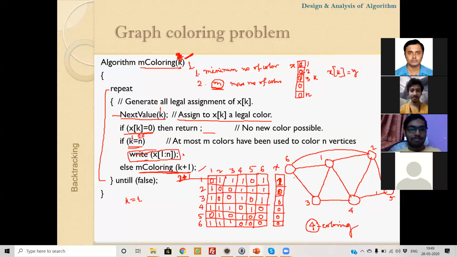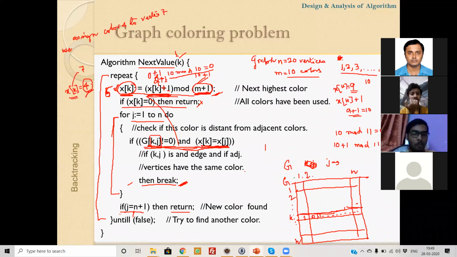If this value is 0 and the current value of xk equals 1, these two are not equal, so we will check the other adjacent vertices. This value will remain the same. If these values are not equal, it will not break; it will go to the next iteration, with j equals 3. If vertex 3 is adjacent, it will check the color.